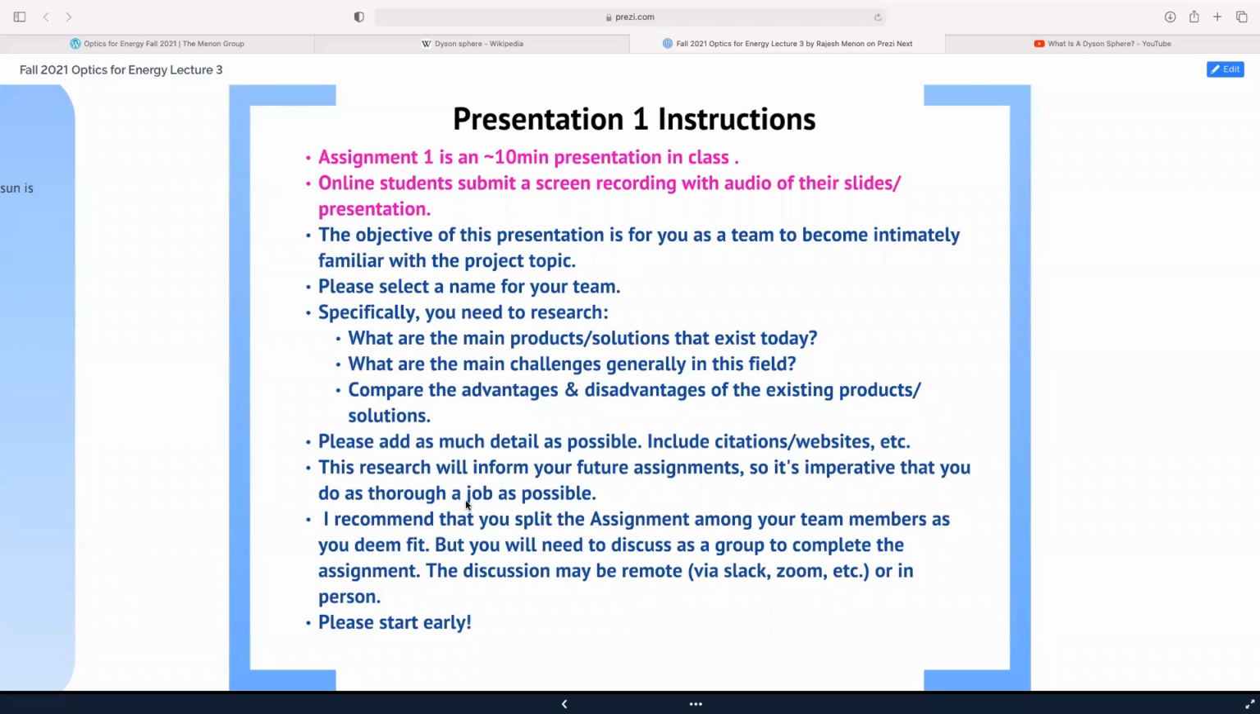So what are the main product solutions that exist today? What are the main challenges generally in this field? Compare advantages and disadvantages of existing products and solutions to as much detail as possible with references and so on. Yeah, I think the rest is okay. If you want, you can submit the slides. You don't have to. You will submit